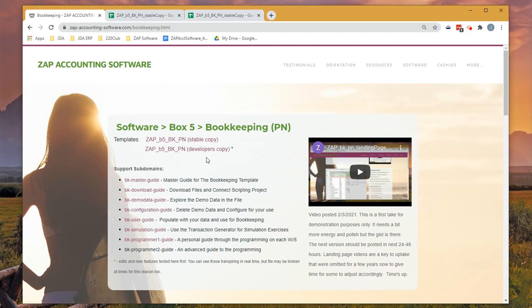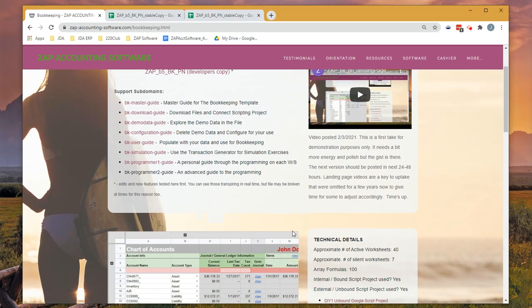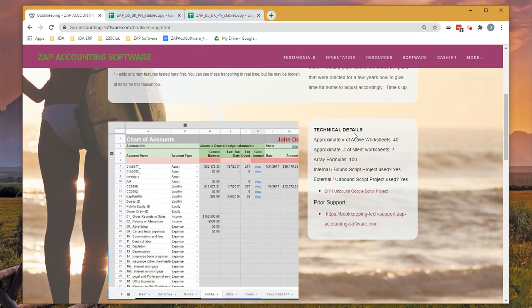When you get to a landing page, you've got the templates up top. If there's support domains, they should be listed down below, right in here. And then if you scroll down a little further, there's an image and there's technical details. Under the technical details, it'll give you an approximate number of active sheets, approximate number of silent worksheets, which basically